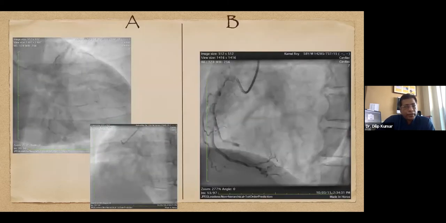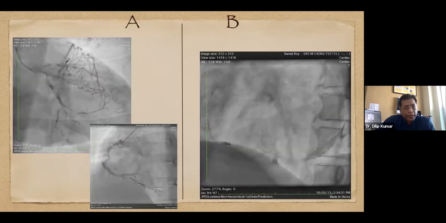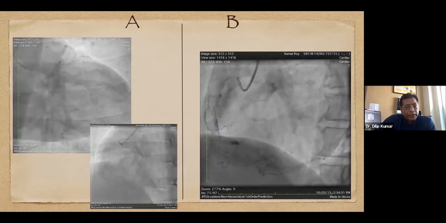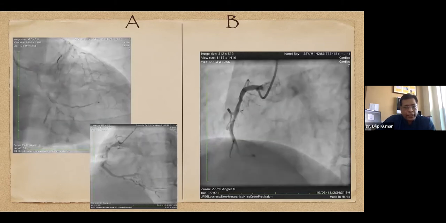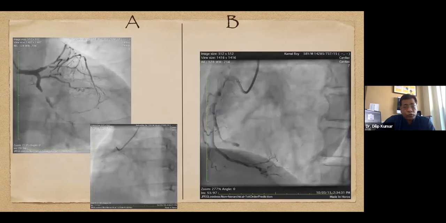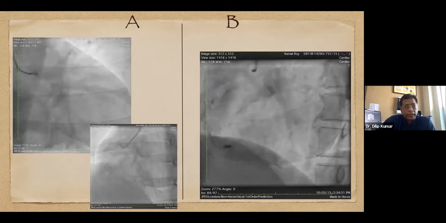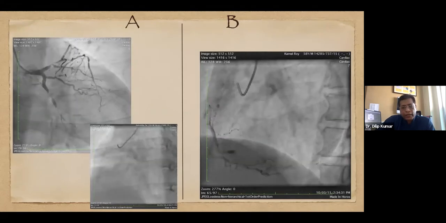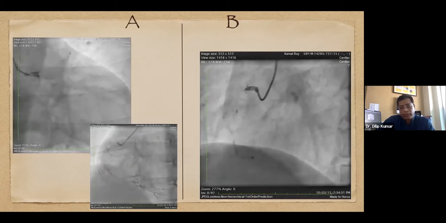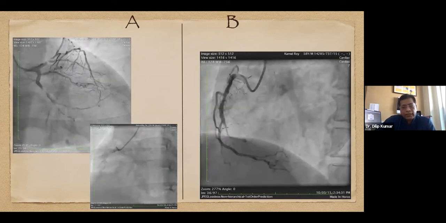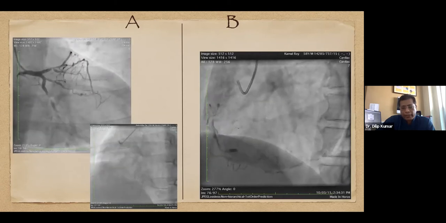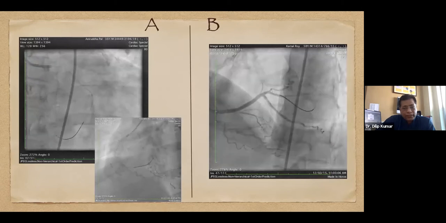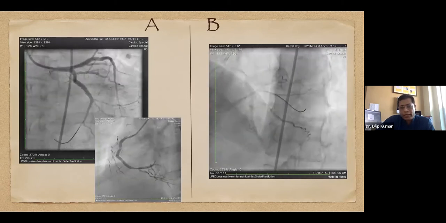Patient A was a young gentleman who came with mild chest pain and minor elevation in troponin. This patient had a bad family history. He was a smoker and he also had an LDL of 252. And you can appreciate the patient had triple vessel disease. Patient B came with severe chest pain with markedly elevated troponins, but he did not have any family history of coronary artery disease, and he was a non-smoker, non-diabetic. Patient A was treated with 5 stents, and patient B was treated with a single stent.